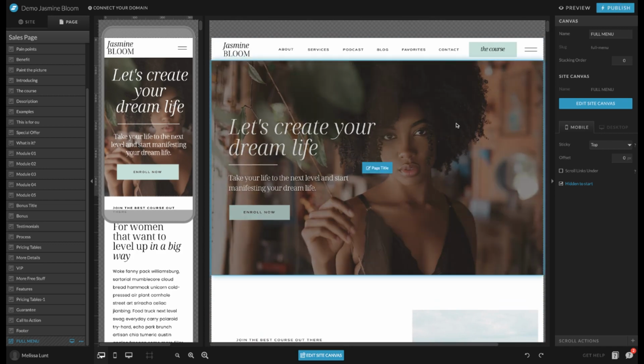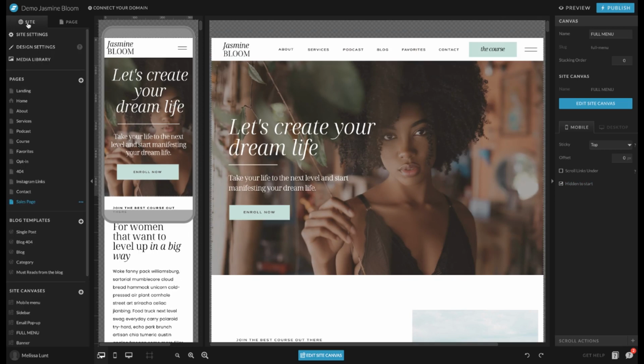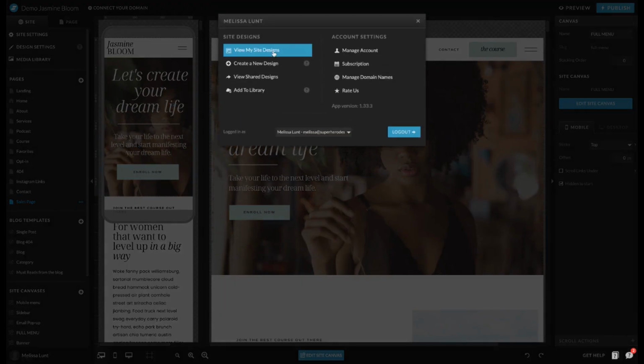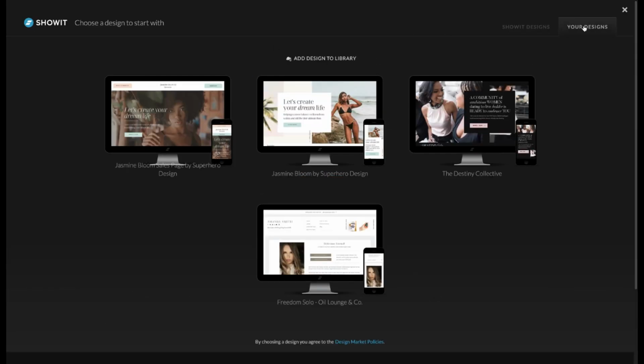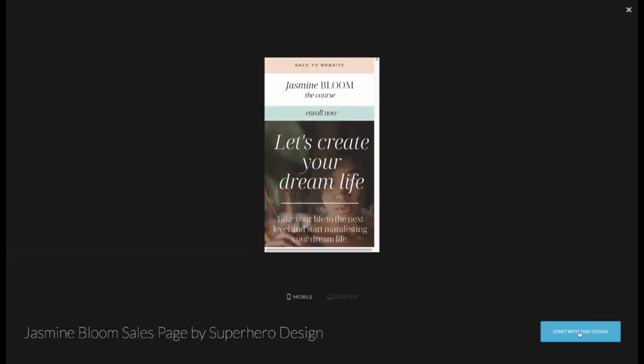To add a sales page to your website, but you want it to have a different domain. So say you want it to be like sales.yourwebsite.com. You would not add it as a page, you would add it as a new site. So you would go under your name again and click on create a new design, and you would click on your designs, click on this sales page, start with this design,